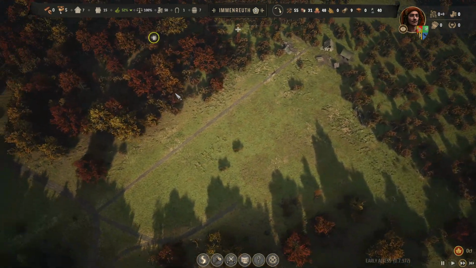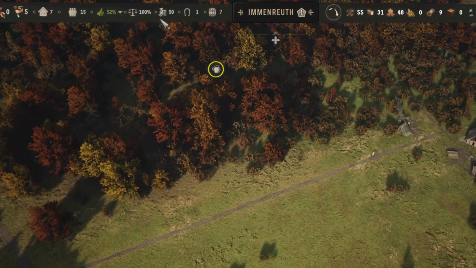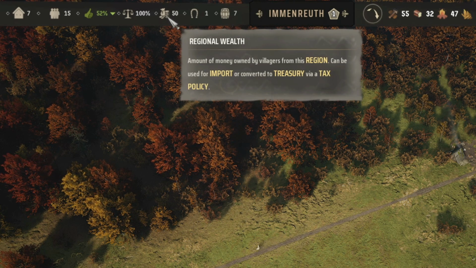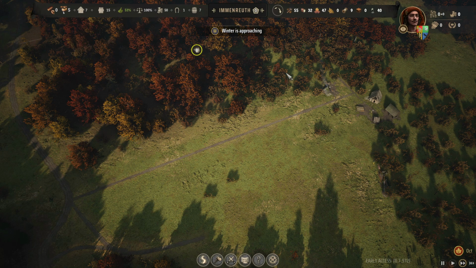Now, the next thing that we need to do is really think about our imports and our exports. We've got to get some money being made, because we only have a regional wealth of 50 when we start out, and that isn't going to get you very far. But unfortunately, we have nobody to build anything,